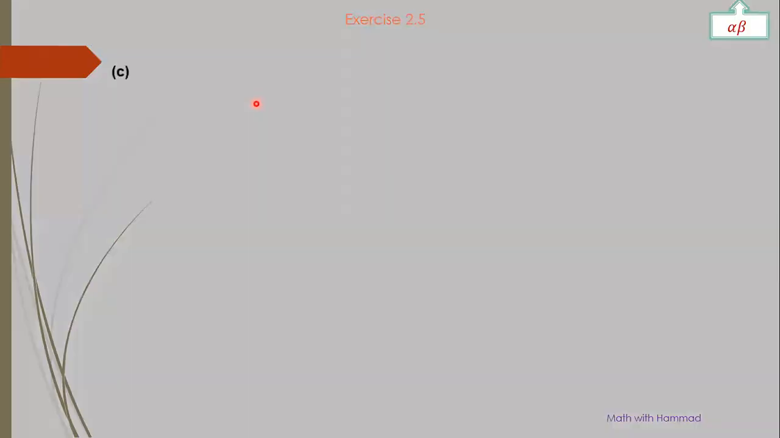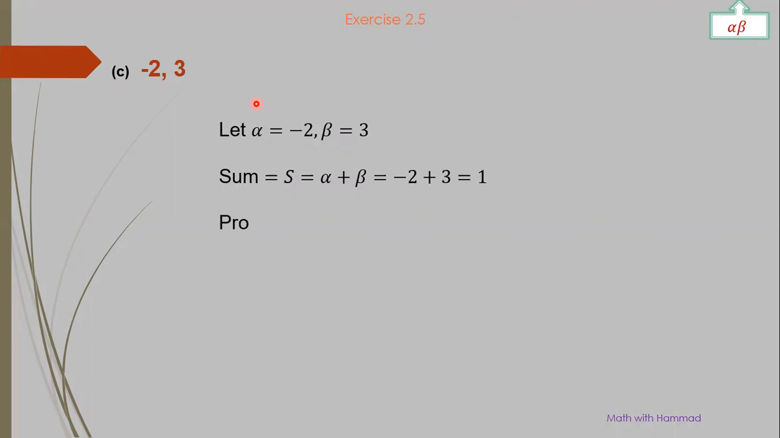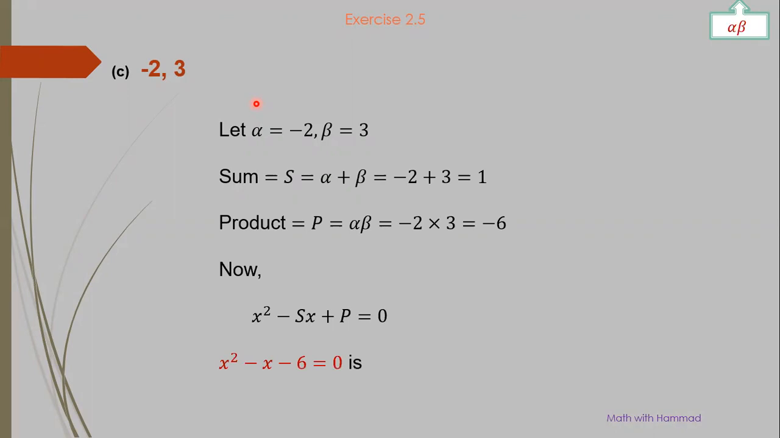Now, next part is part number C, minus 2 and 3. Now let alpha is equal to minus 2 and beta is equal to 3. Then s is equal to minus 2 plus 3, that is 1. And product p is equal to alpha into beta is equal to minus 2 multiplied by 3 is minus 6. Now x square minus sx plus p is equal to 0. Replace values of s and p. We will get x square minus 1x plus p is equal to 0, and p is minus 6